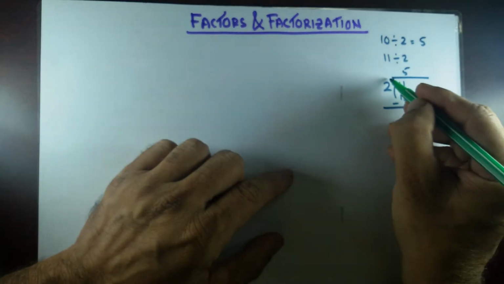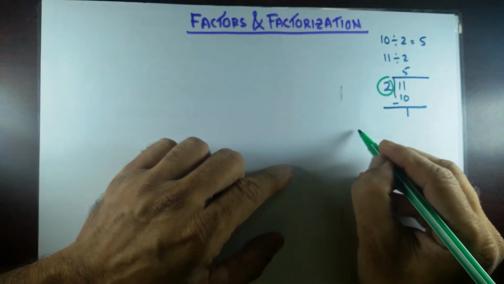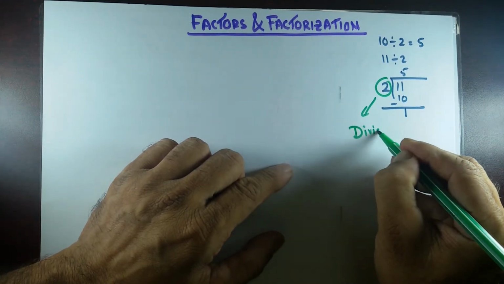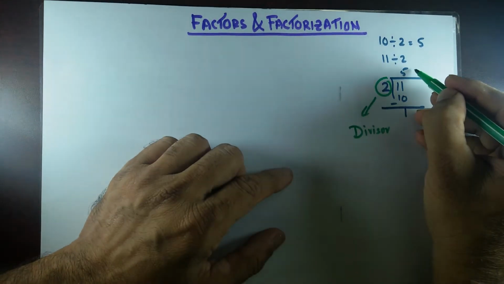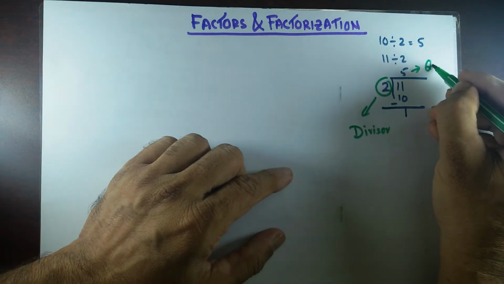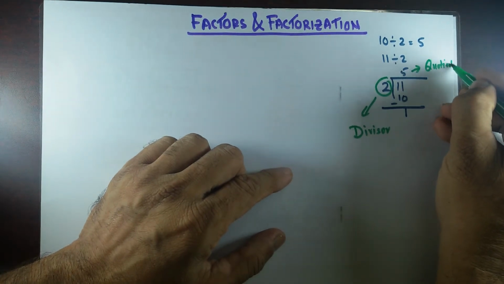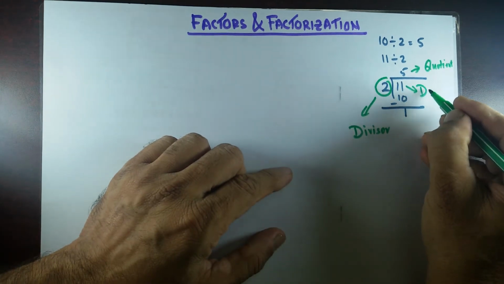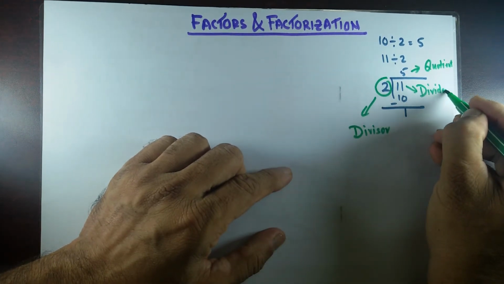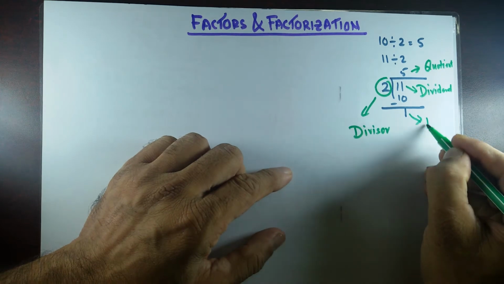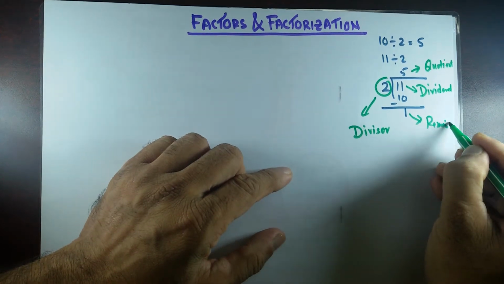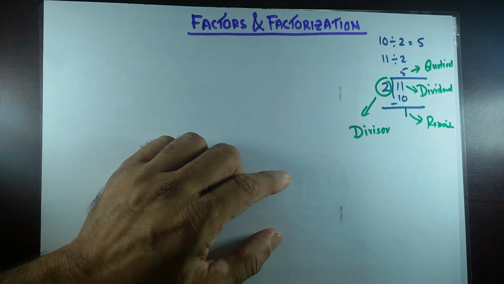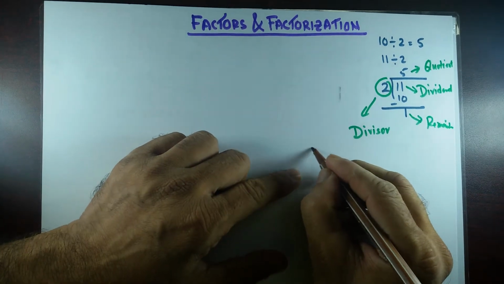Now this 2 over here is known as the divisor. And this 5 is known as the quotient. Probably you already know that. This 11 is known as the dividend. And this 1 is the remainder. So we can have a formula: dividend